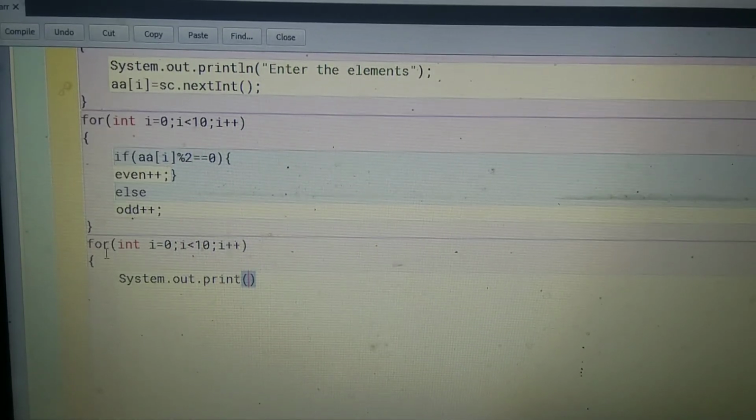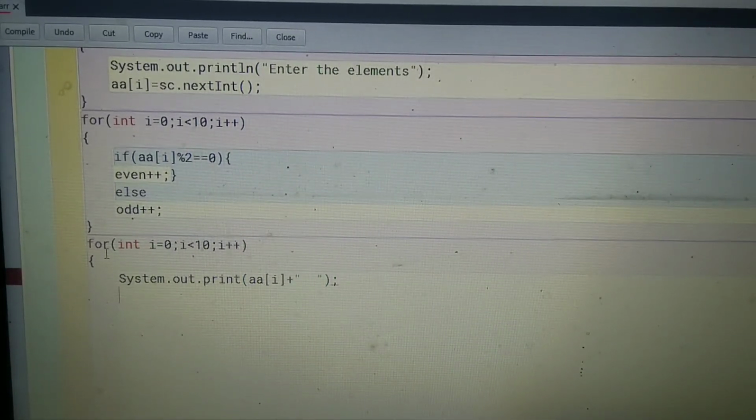Here we want to print the array elements. So array variable is AA, within subscript you write i. First it will print the 0 index number, then the 1 index number. After this I'm going to take some space, so plus sign and space, 2 spaces here, then semicolon.